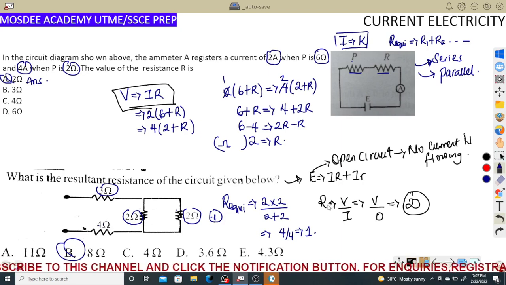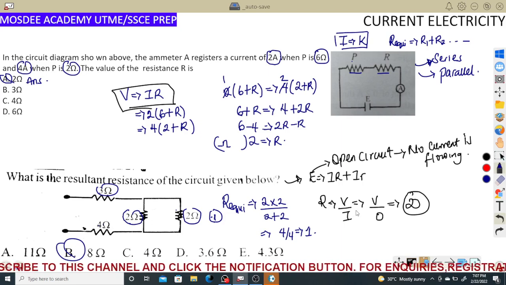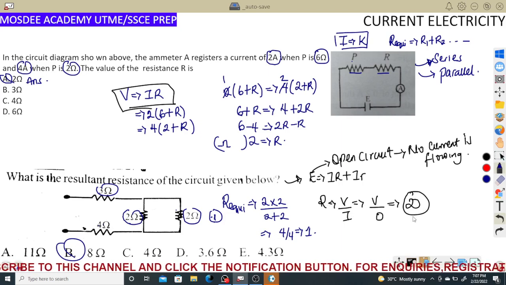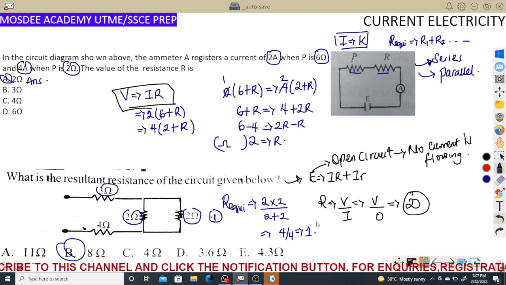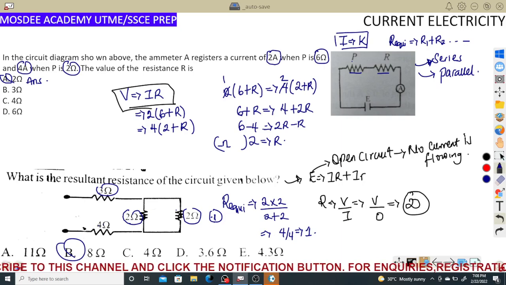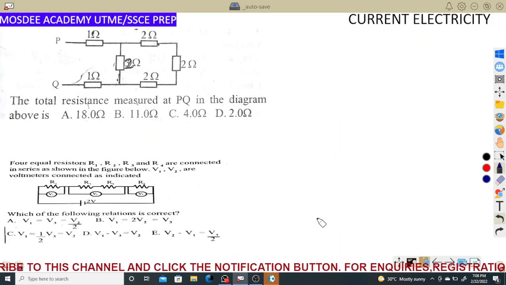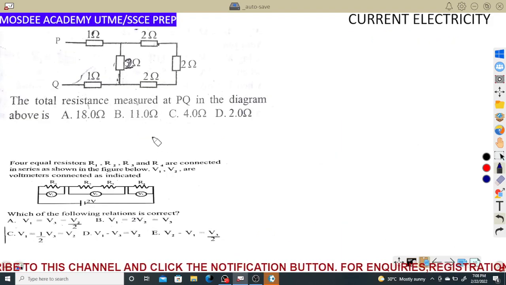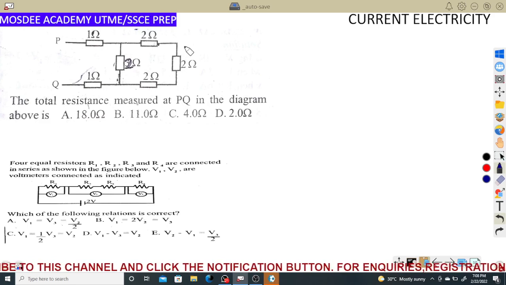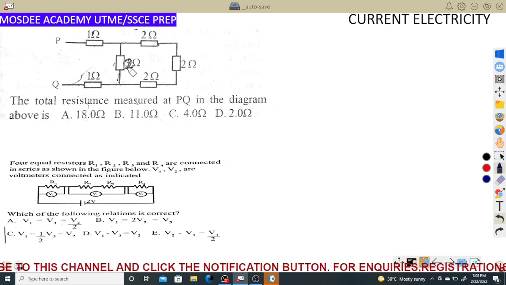And I told you, open circuit has what? Infinite resistance. Open circuit has what? Infinite resistance. So let's move on, guys. The next one is going to be in the next slide. Fine. In continuation to what? Open circuit. This is more or less like open circuit. You can see join. Like I told you, you can see